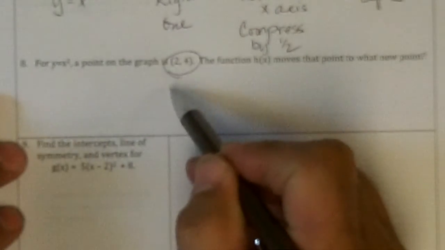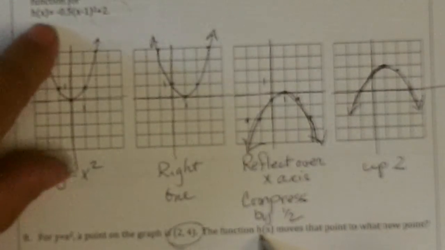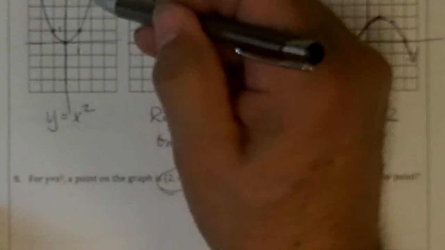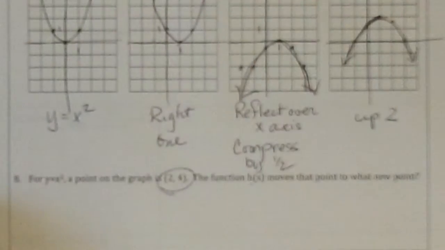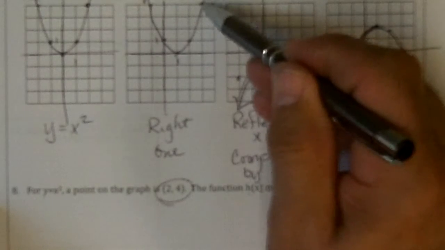Then it says, 2, 4 on the original graph. Where does h of x take that to a new point? So 2, 4 went to 3, 4 by the first one,